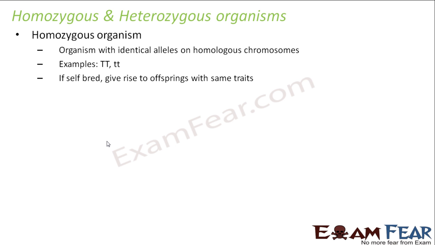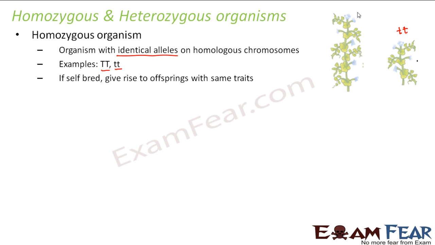So these organisms will have identical alleles, that is similar alleles on homologous chromosomes. For example, capital T, capital T, or small t, small t. So if we talk about a dwarf plant, as I mentioned in the previous slide also, we write it as small t, small t. Since it has received the same traits from both the parents, that is why it is known